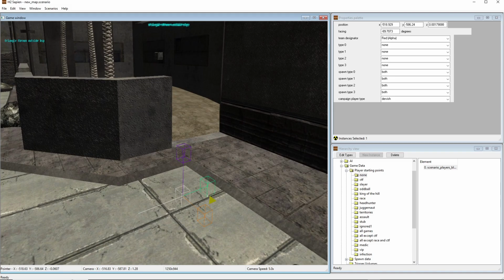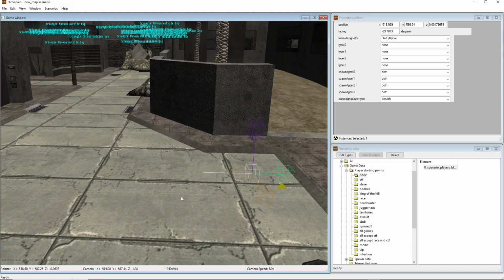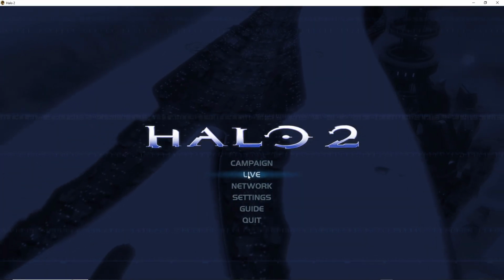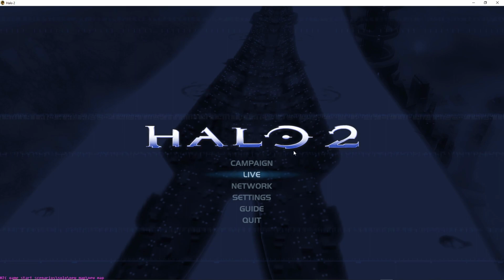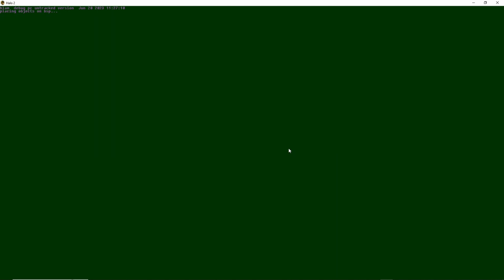I don't know what causes that problem. It's not the global script because I never compiled this scenario, so not sure what happened there. But now if we go back into Halo Tag Test, console key, recycle your old command, enter. Now if we go in here,